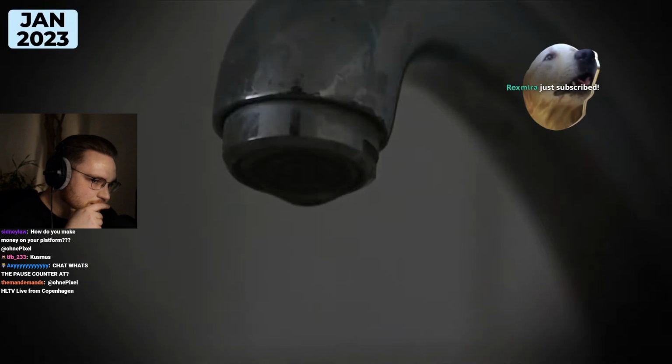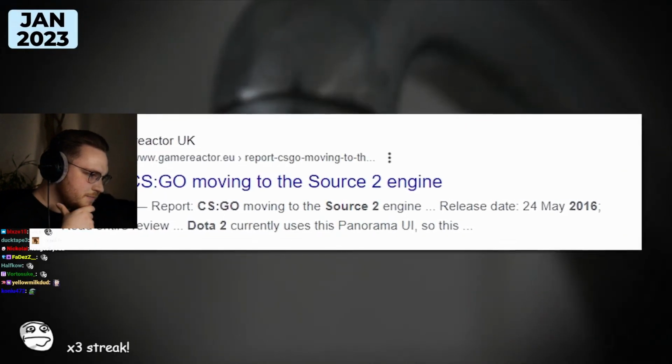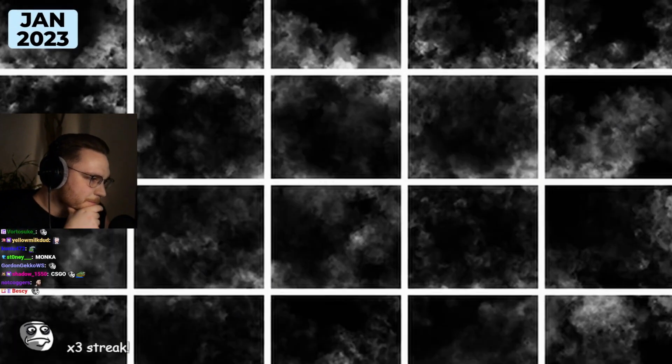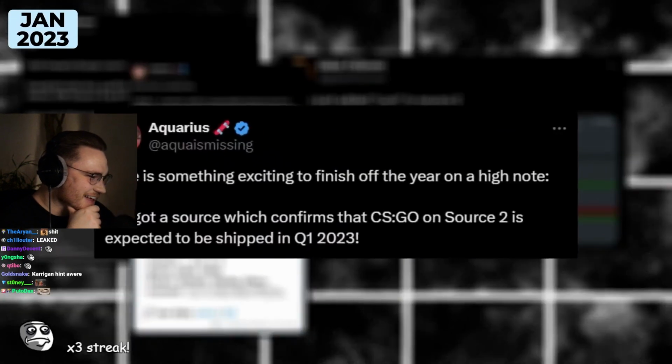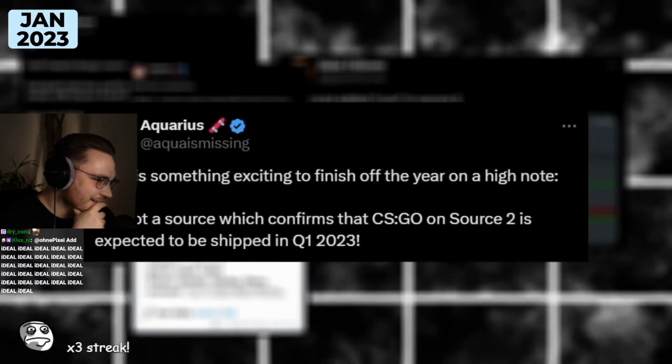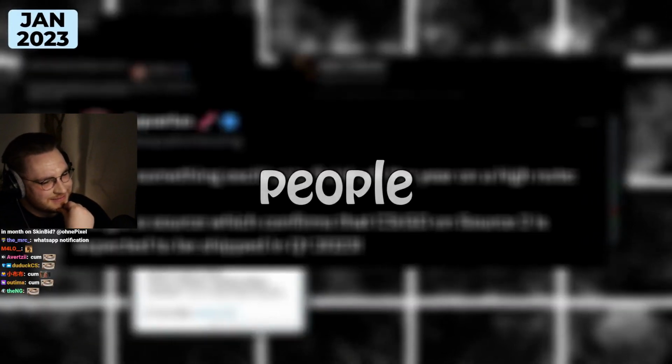Slowly, leak after leak. Rumors about Source 2 had existed for a long time, since like 2017, but in 2022, bit by bit, actual discoveries had been happening. And by the start of 2023, it was clear it was actually coming. It wasn't vaporware, and people were getting...